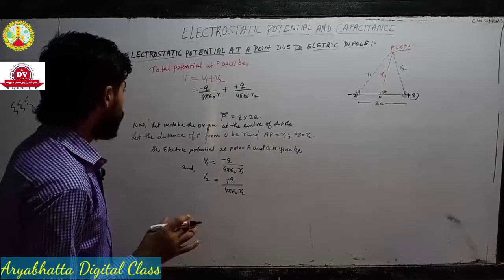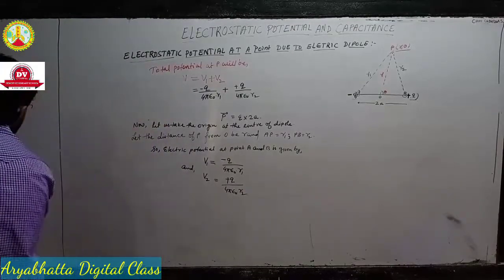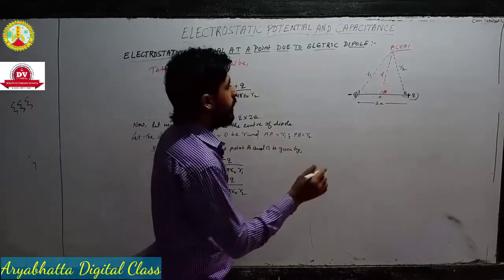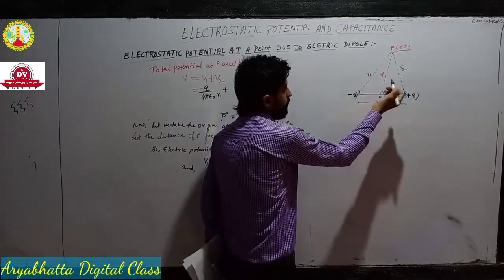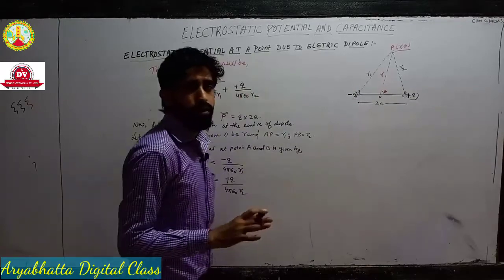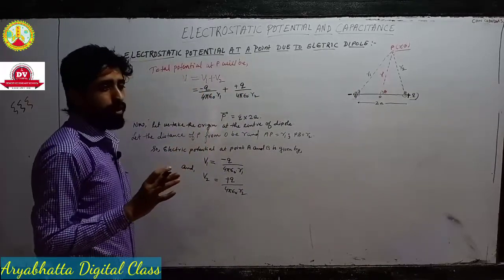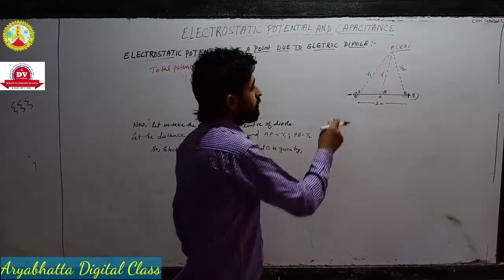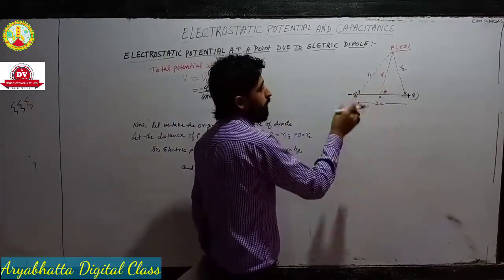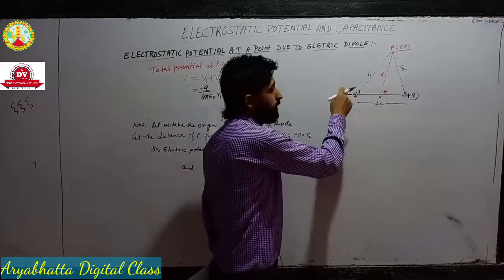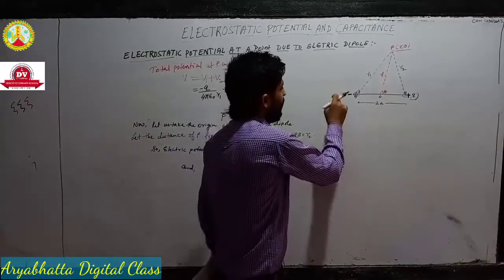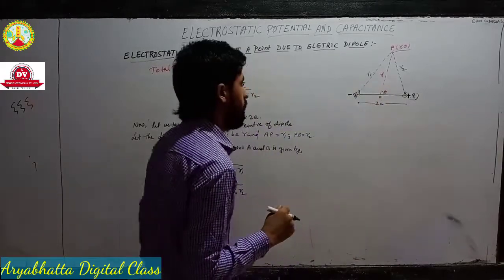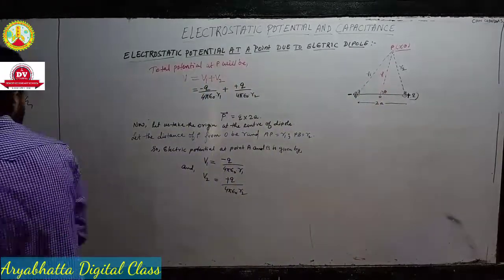Fine. So now see what we'll do here in this case. Hopefully it is clear. Again I am telling you that if you take it as plus and this as minus, nothing will happen. You'll get the same expression only. So no need to worry about that. Don't think that you have to memorize this minus and plus. You can put it anywhere. I've done this because it is done in your book. In your book they have taken minus and plus like this, but you can take plus and minus as well. Fine. So now let's solve this.